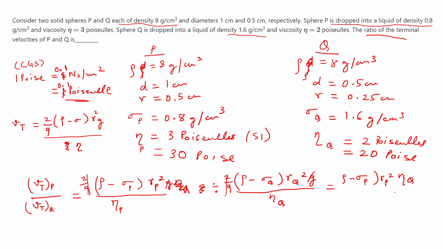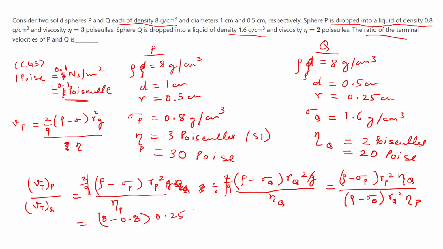This is eta divided by sigma Q, RQ square and eta E. Substituting these values here, 8 minus 0.8 and P, 8 minus 0.8 and Rp is 0.5, or I can write 1 by 2, okay, its square will be 0.25,